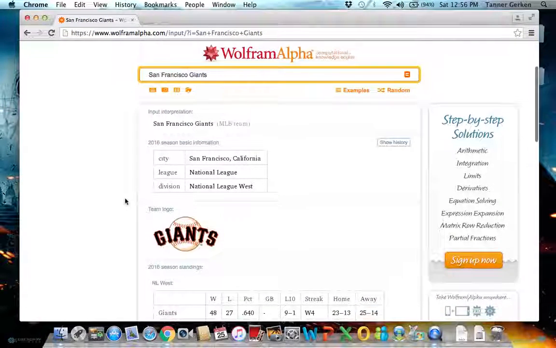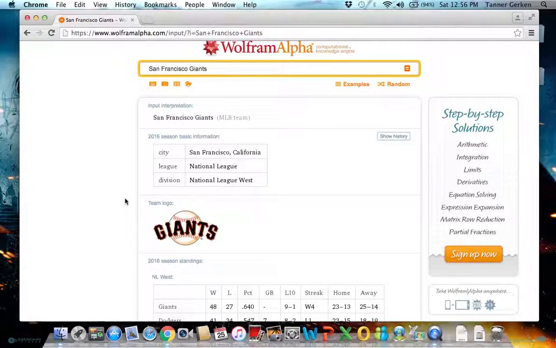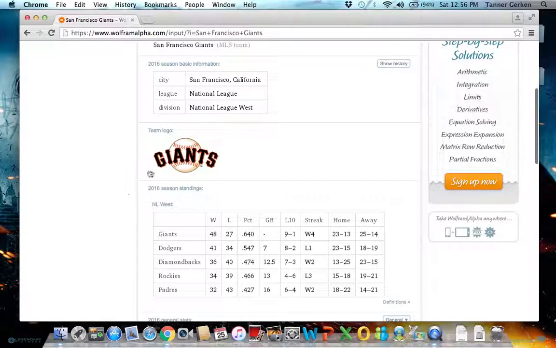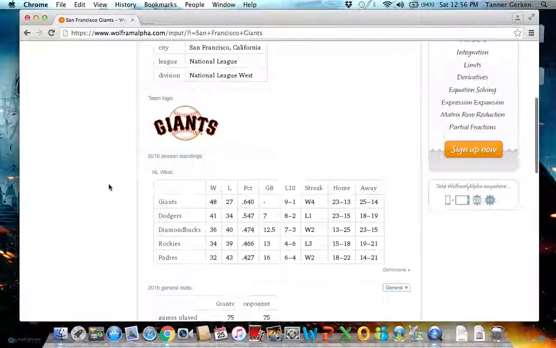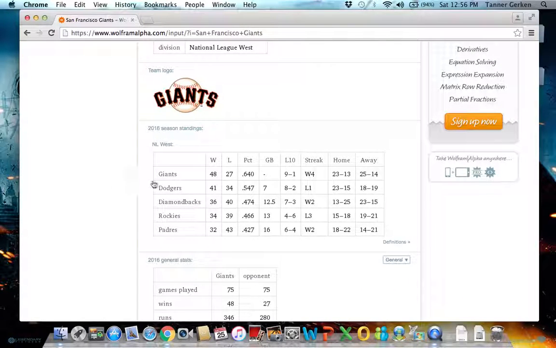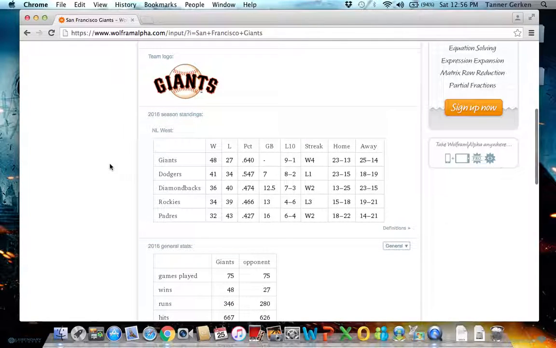So it'll bring up the city that it's in, the league, the division. It'll give you the logo even, which is pretty neat. But it'll also show you this home, away. It'll give you the winning percentage. So this would be very useful in a statistical course because you can ask students questions like, I know it